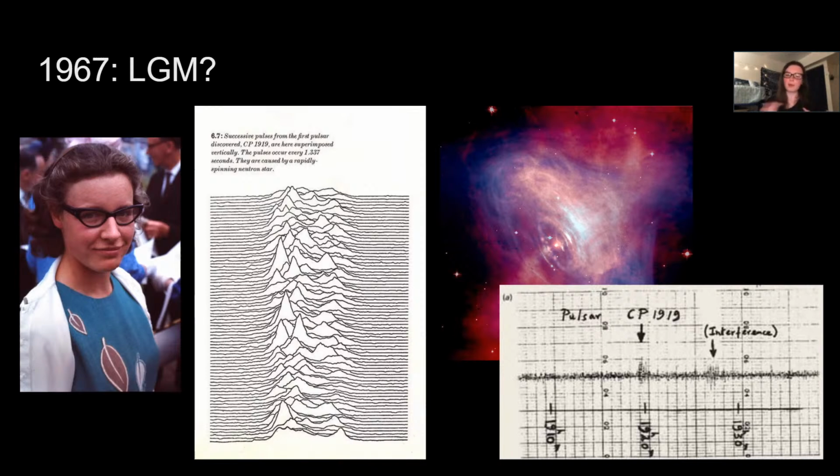And so she went back into her data, even though her advisor told her that it was probably just interference, because you get a lot of interference in radio astronomy. At the time, all of the data was on paper, so she had miles of chart paper to go through. It took her a couple months, but eventually she lined it all up and she found